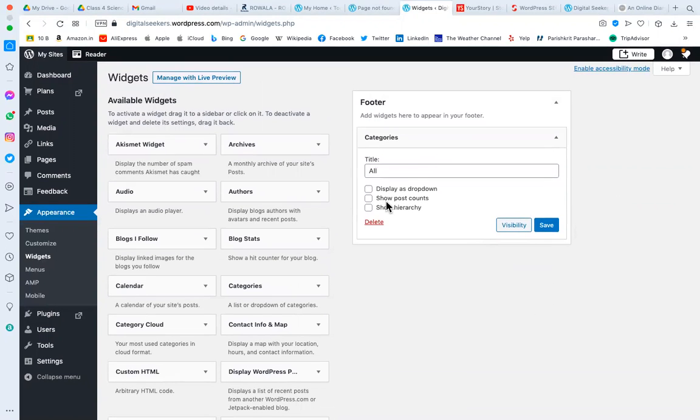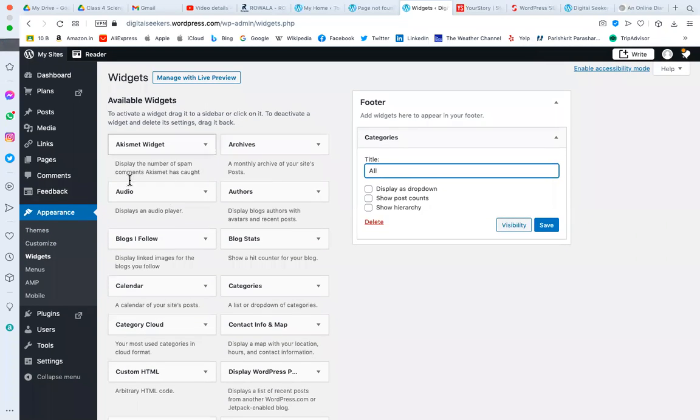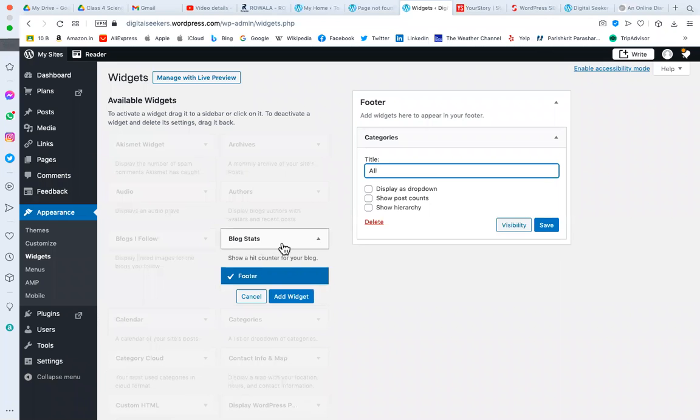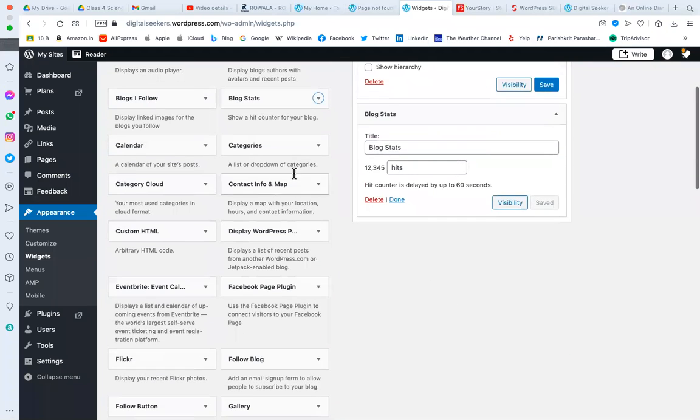Okay, nice. So here you can manage your menu. Let's suppose we manage the footer. In widgets you will see all the small features of your website. You can add audio, authors, blogs I follow, blog stats. Let's suppose I want to show blog stats in the footer. I want to show the list of categories in the footer.